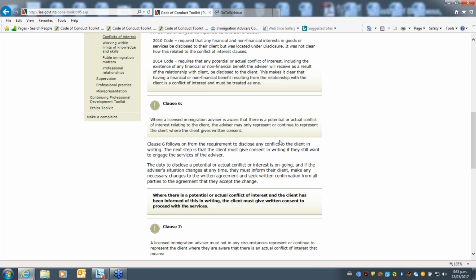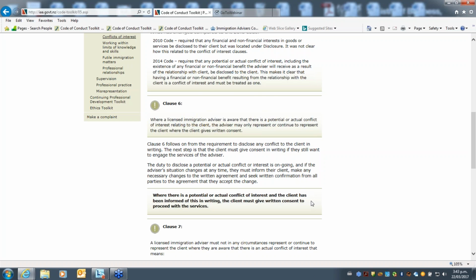So this is a really important step, and if any issues arose with conflicts of interest, that you weren't giving objective advice because you had an interest in something, then it's really important that you've got it documented, that A, you disclosed it, and B, they consented to you going ahead. And that's why it's really important that the disclosure is full, so that they are actually giving consent